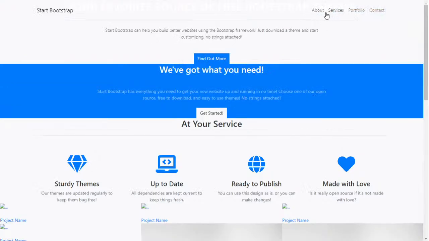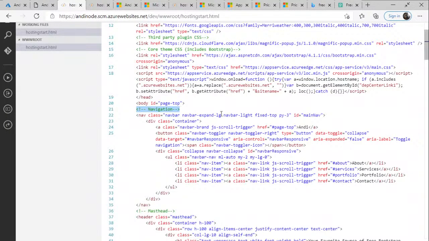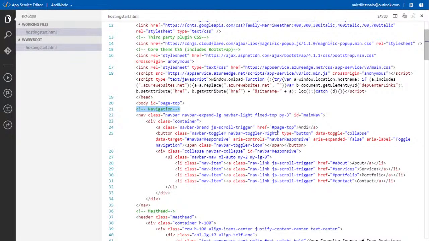So I kind of want to make sure that I get that to work, right? So maybe let's just go navigation, and we're going to make it Andy node. About, services, portfolio, and contact. We're going to keep those, or maybe let's just change one so that you actually see. Now, this little thing at the beginning, the li, is a link, right? It's a link tag.